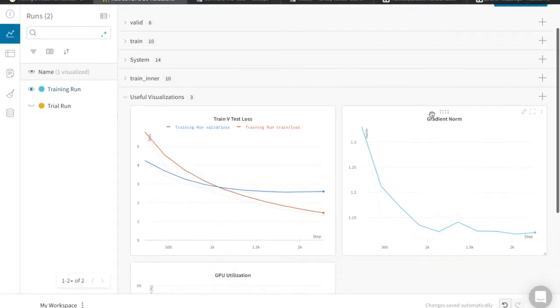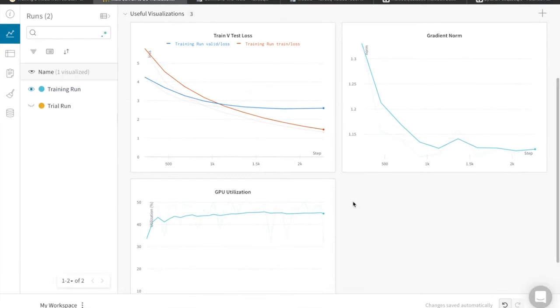These are the three useful visualizations that we need. One is GPU utilization. It is important that we use the GPU to its maximum. I'm just using about 45% of the GPU on average, which is actually significantly low.